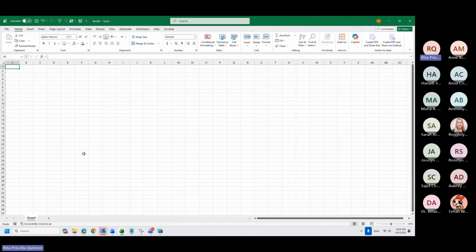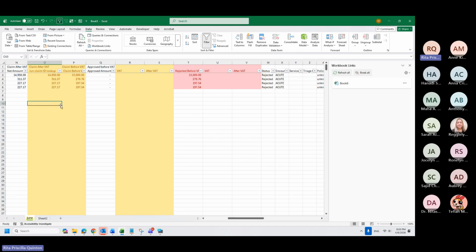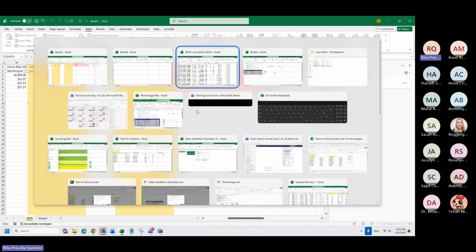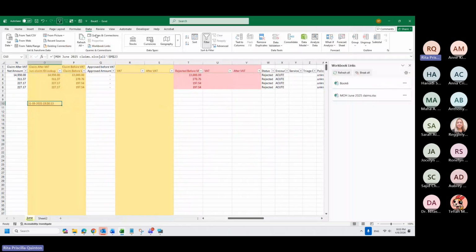Let's say, again, I make one, that this book 5, I will link to book 6 for this sheet 2. For June, say I will link to June. Okay, now if I go to Workbook Links, we will see 2. How will I know which one will break, Rita?